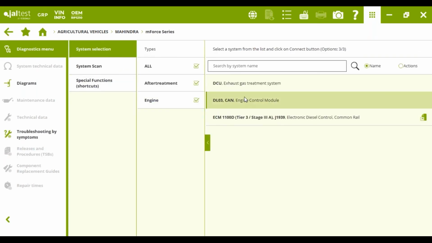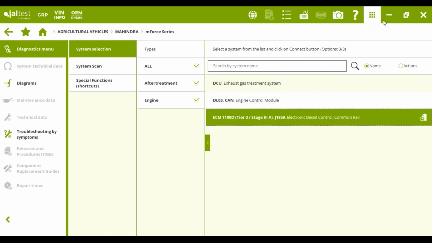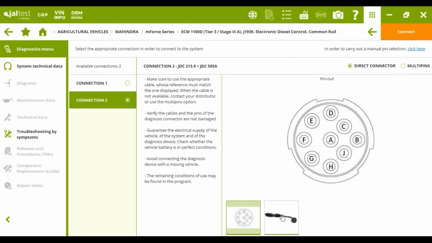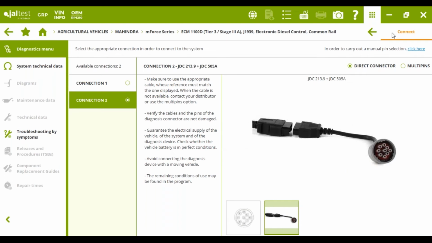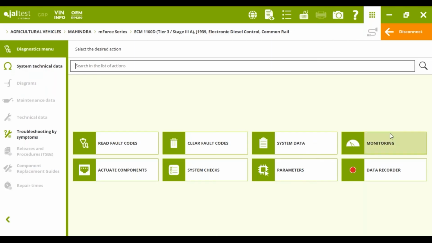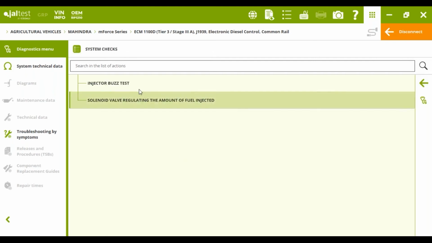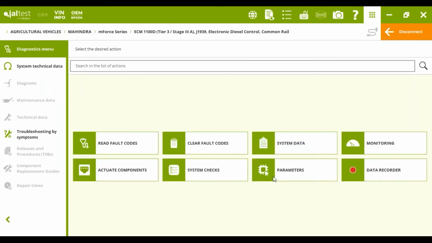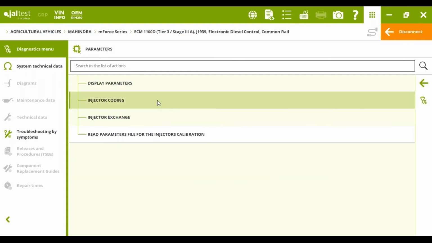We click on it. We see that it has a Doosan engine, but we have already seen it in Kioti. So let's check the Perkins engine. We come here to the connector. We can see that we have the Caterpillar Perkins connector, sorry. So we click on connect, and then we will see everything that we can do in this Perkins. Again, read clear fault codes, system data, monitoring live data, actuate components, system checks like the injector bus test, parameters, very important as you know, the injector